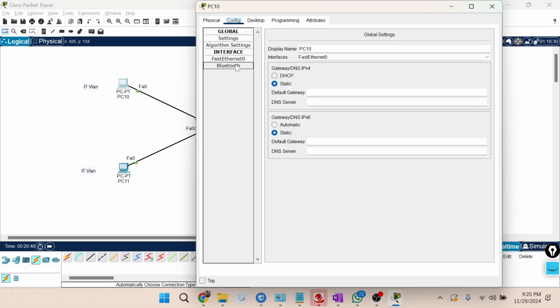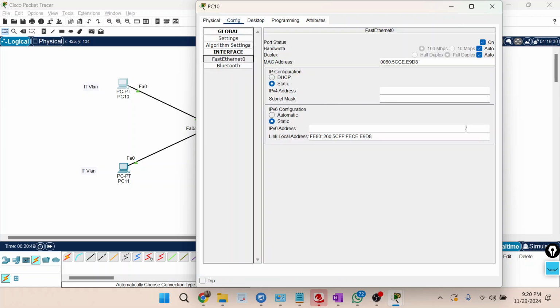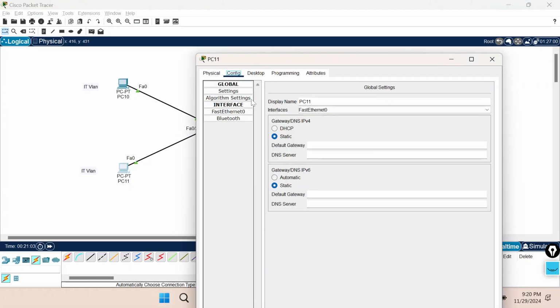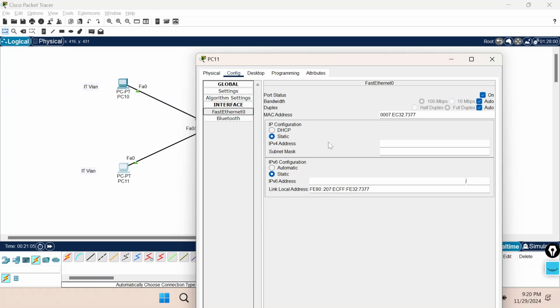Desktop, config. This is for the IT user, right? So let me do 192.168.1.1. I'll change the mask to 192. Okay, fine. Close this. Then again I'll do it here. Config, FastEthernet, 192.168.1.2. Then the mask would be 192.